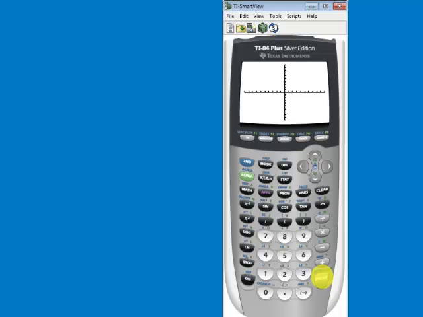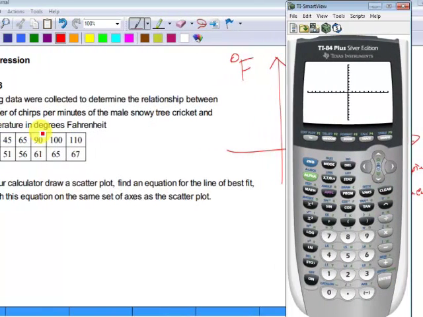Because if you remember our data points, not one of these is in the viewing window where x is between negative 10 and 10 and y is between negative 10 and 10. The least x coordinate is 20 here and the least y coordinate is 44, so these are way up in the first quadrant. So I don't want this viewing window, but with the stat plot turned on, if you press zoom,